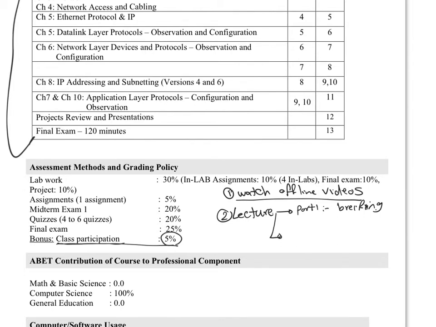So anyway, this is part one, and part one is going to take about 30% of the lecture. And then part two is going to be activities, course activities. And during the activities, we're going to work either in groups or individually towards solving some activities. So I have some activities. Again, if you go to Blackboard,